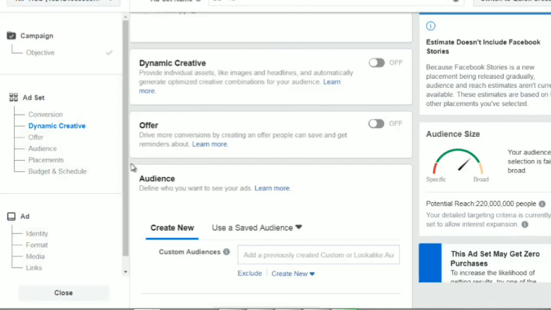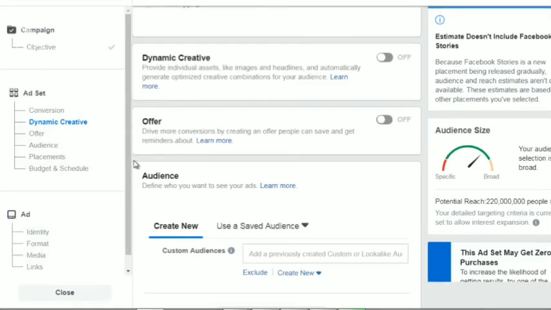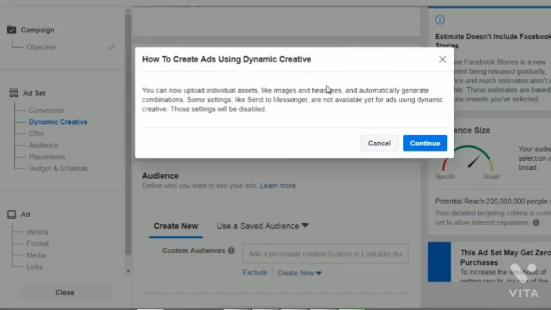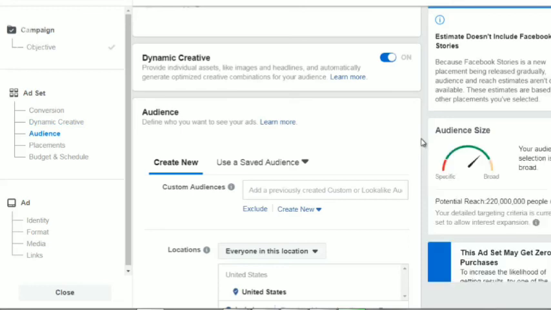What Facebook is going to do is it's going to create all different variations of those combinations. It's going to run the ads, and it's going to figure out of those ads, which text, which headline converts the best, which image converts the best, and it's going to run the traffic to that ad. So instead of you trying to figure that out, you allow Facebook's very smart algorithm to figure that out. So in order to do that, you would select Dynamic Creative and click Continue. Now, for the sake of simplicity, we're not going to do that right here, but that's there if you want to.